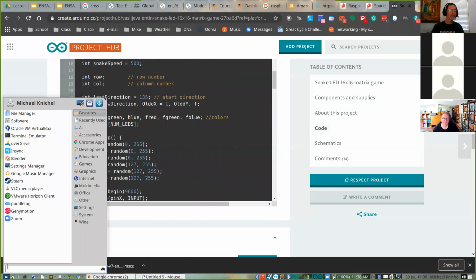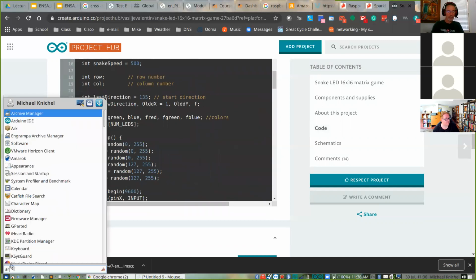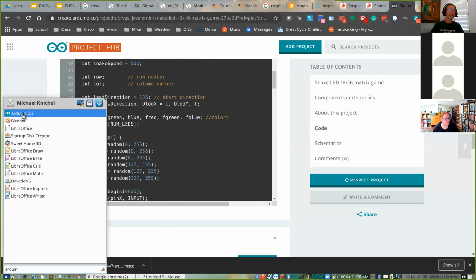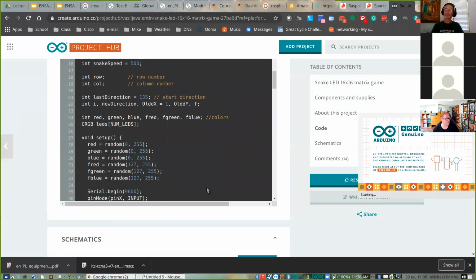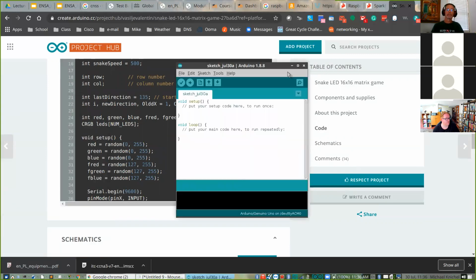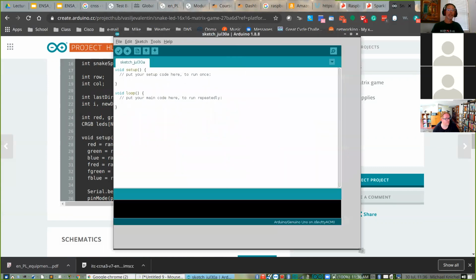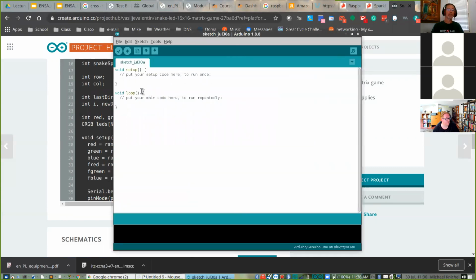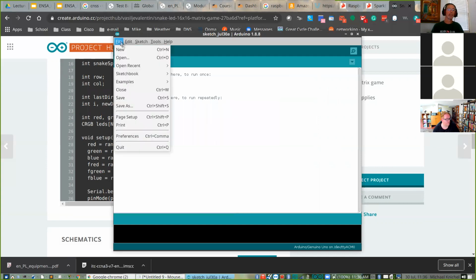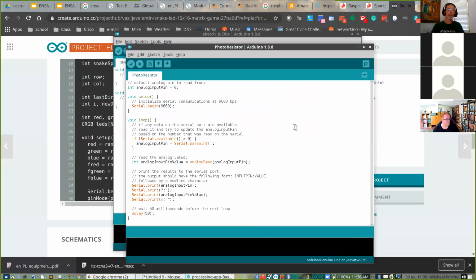So locally, let's see if I can find my Arduino. There's an IDE that I can run locally. And it just looks like this, right? You need two things. So it sets you up with this template. I can create a new one. I can upload it to my board, or I can open, like let's say, a photoresistor. Maybe this was one of the last labs I worked on with a class, and this is the code.